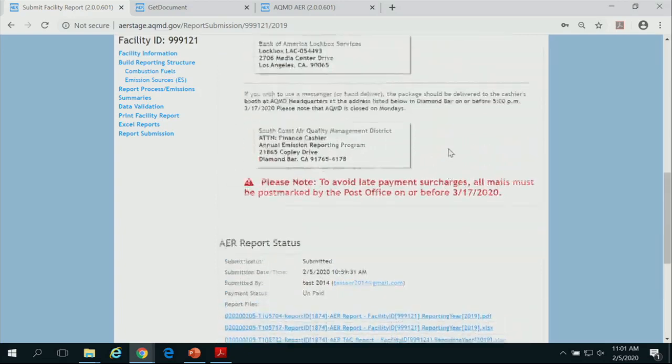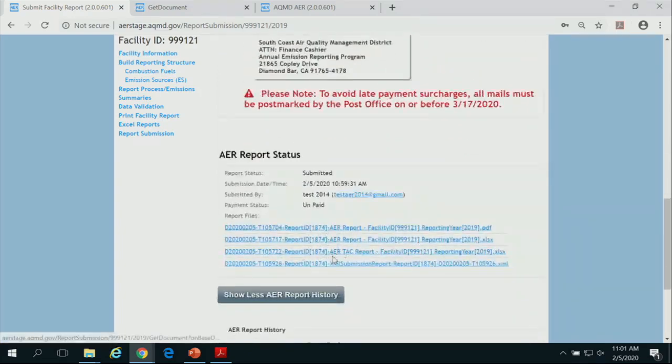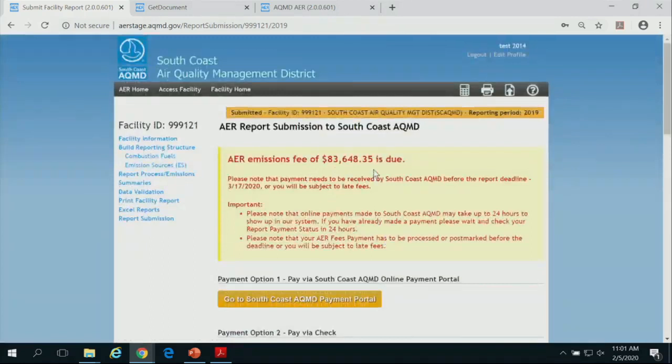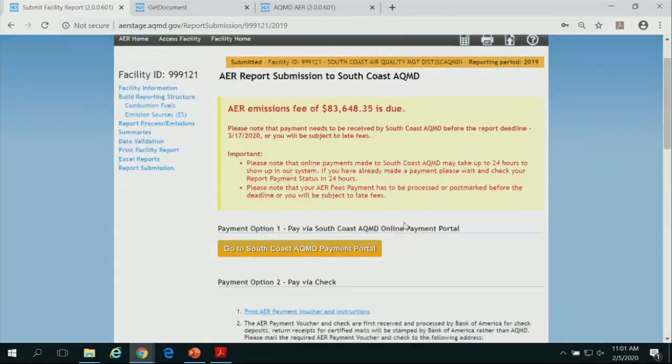And then when the report is submitted, it gives you all the links for what you submitted. So what we have in our record is shown here for that status. It also shows you, again, I was just playing around with the tool, hopefully that's not the case for you guys to pay $83,000. Your boss is going to have a heart attack. Some bosses are used to it. The major facilities may pay quite a bit, but their cash flow is high, so they're not going to have a heart attack.